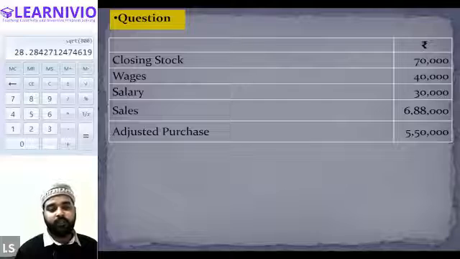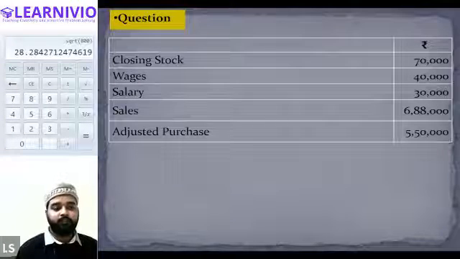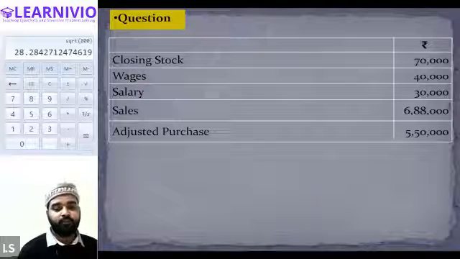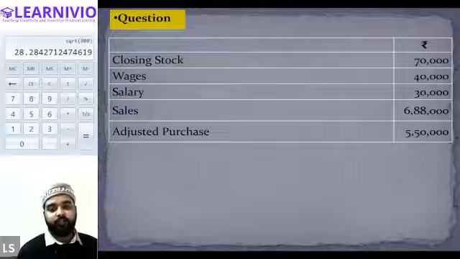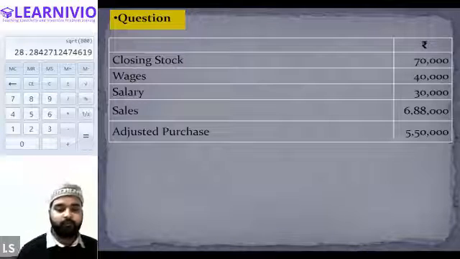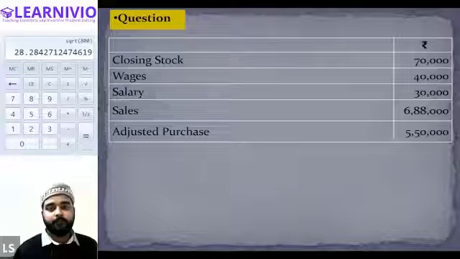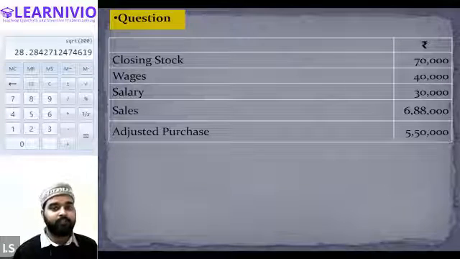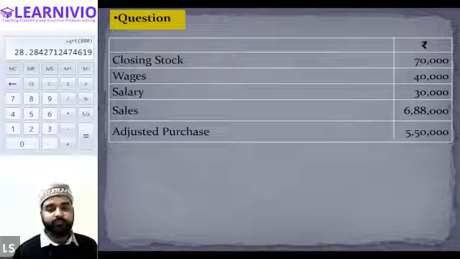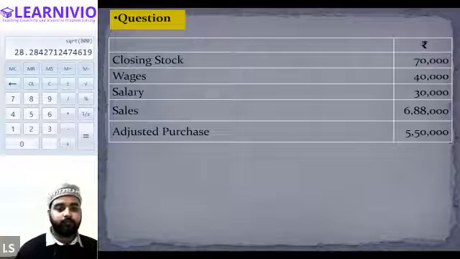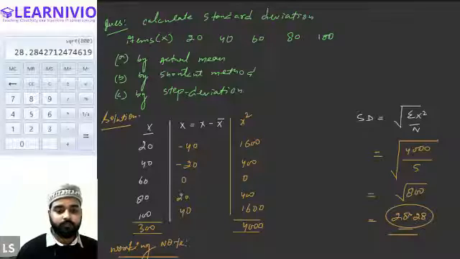See, in an enterprise, in a company, we have different departments. We have a department of production, then we have departments for sales and administration and office. Workers who are working in the factory get wages for their work. So wages paid to the worker is considered as what? This is considered as direct expenses. So if wages is given in the question, it will be treated as a direct expense. Let me help you. Let me explain this on the note. Just a minute.